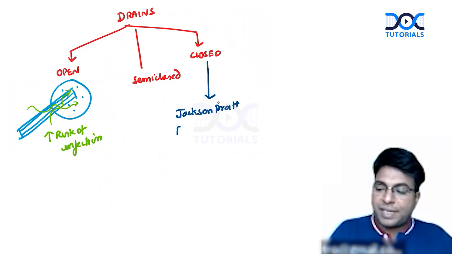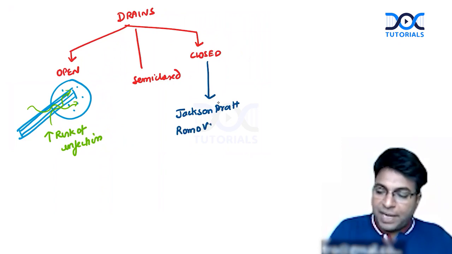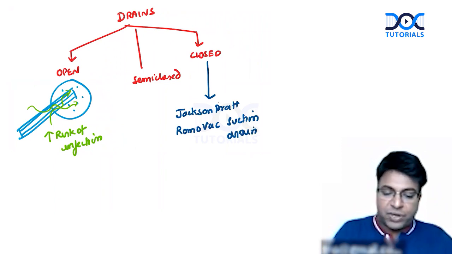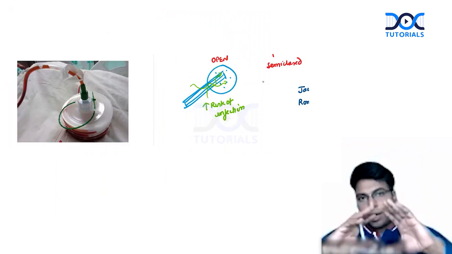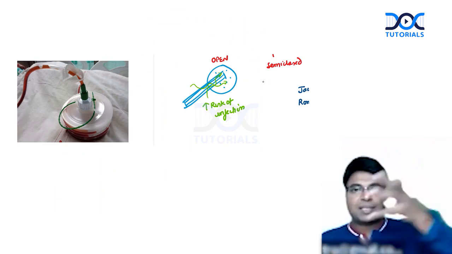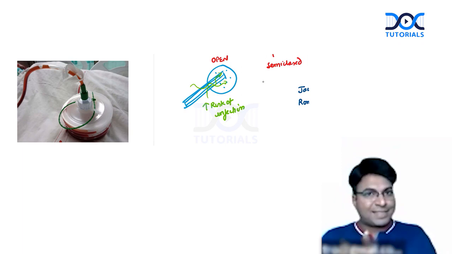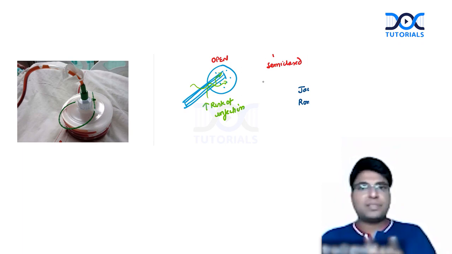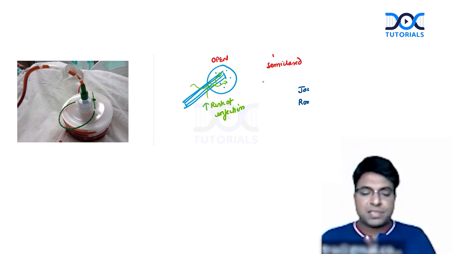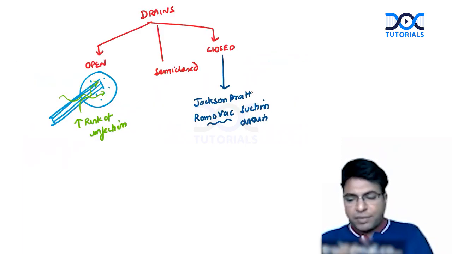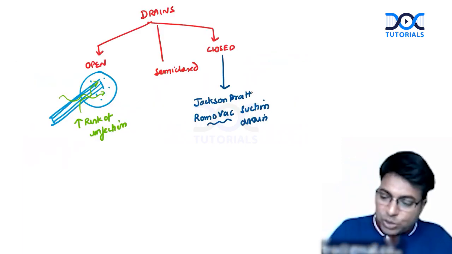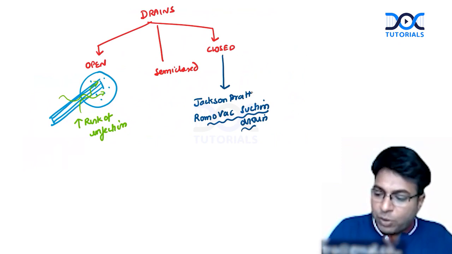This picture you are seeing is a Romovac. It's a company name, Romovac suction drain. It works based on suction. It is a very interesting suction drain. You can see it is like a box. When you compress it and leave it, it will suck the fluid from the cavity. So it can be kept in places after mastectomy, and after pelvic dissection. In many places, we keep this suction drain. This is the only drain we have in practice. Actually, when you go for practice, you have only this drain.